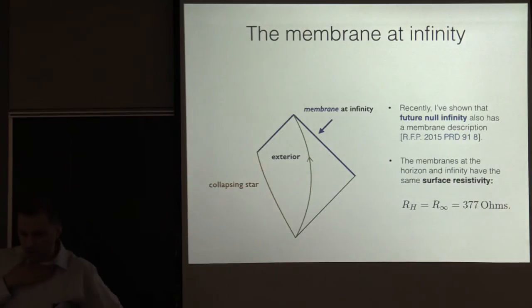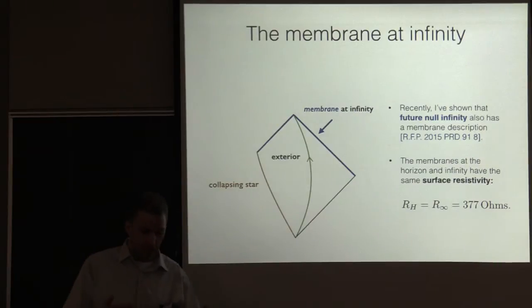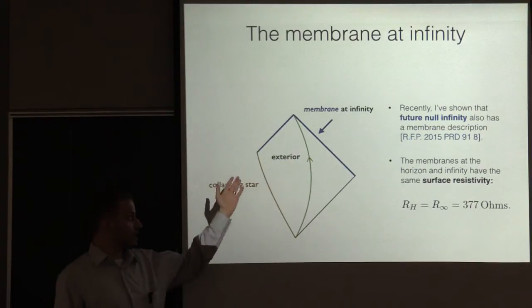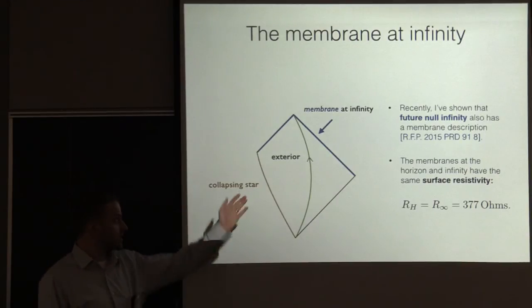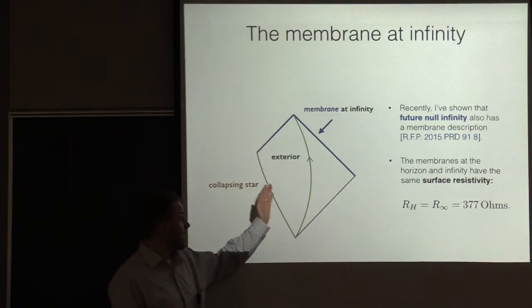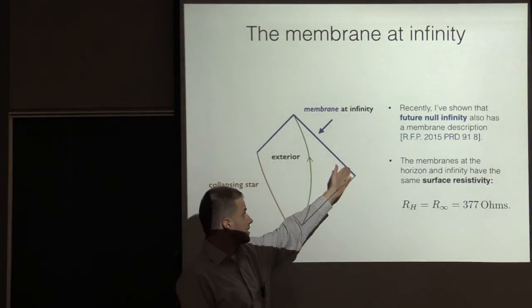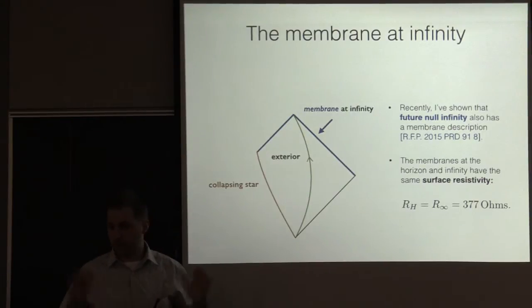Okay, so one contribution I made to thinking about this membrane paradigm is that for some of the black hole jet problems that I'm going to talk about in a second, it turns out to be really useful if you have a version of the membrane paradigm at infinity. Also for applications to the fundamental physics questions, it's nice to have a version at infinity. So in asymptotically flat spacetimes, if you go out to infinity, infinity is a null surface, and it turns out that null surface also behaves like a fluid, and it has a membrane paradigm description.